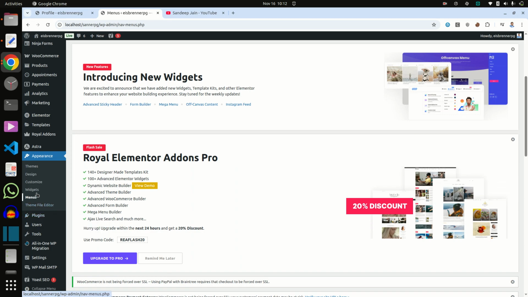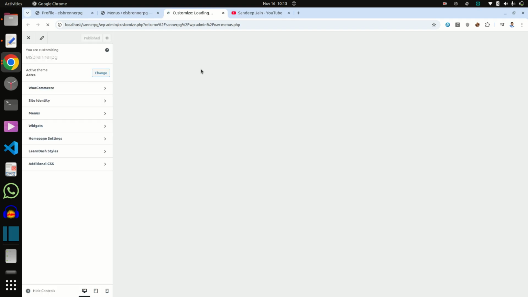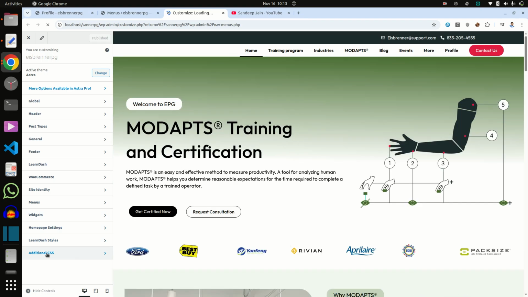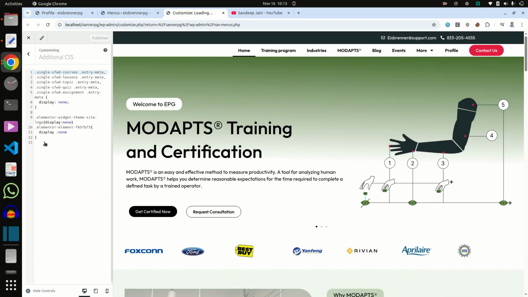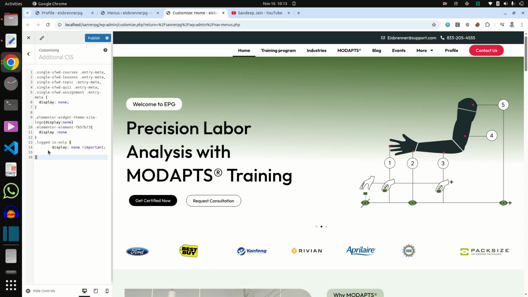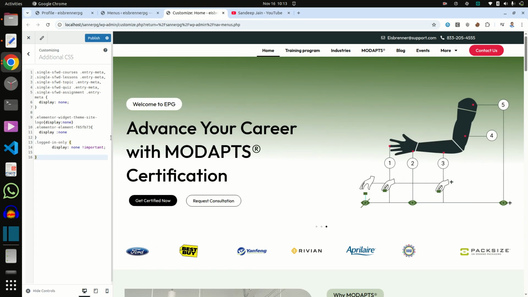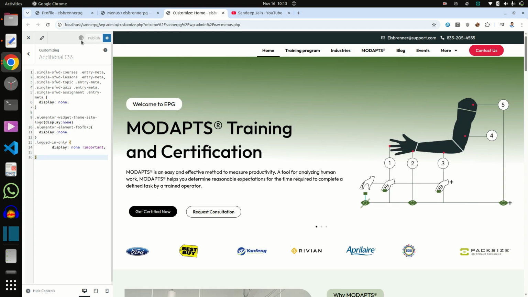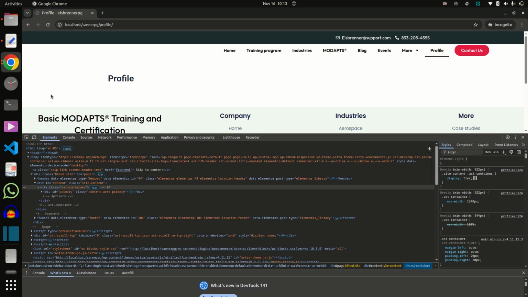I will go to Customize and add extra CSS for our header. You can make any changes inside style.css, but I am adding via Appearance. Now it is hidden here, and you can also see it is hidden here too.